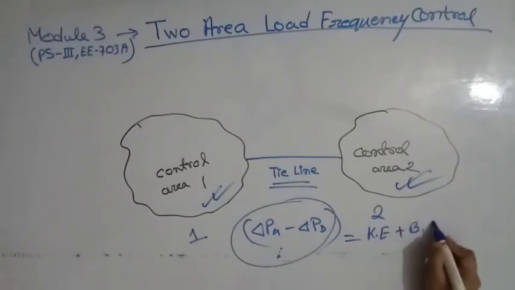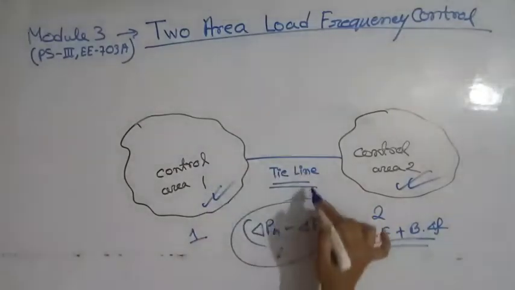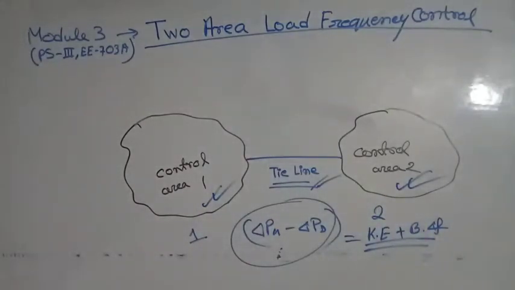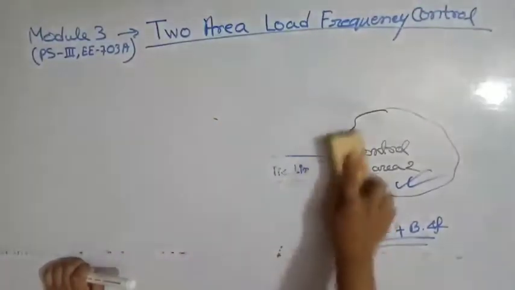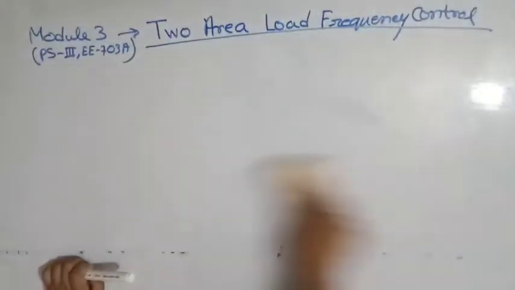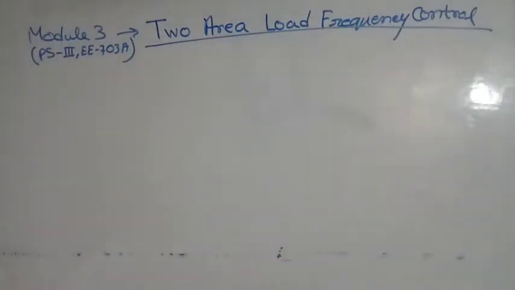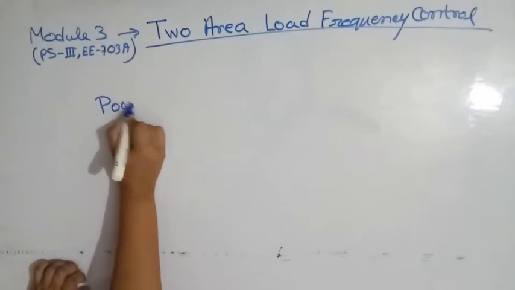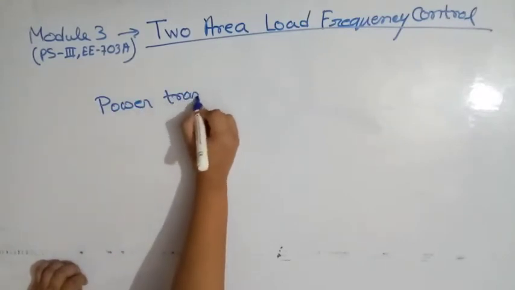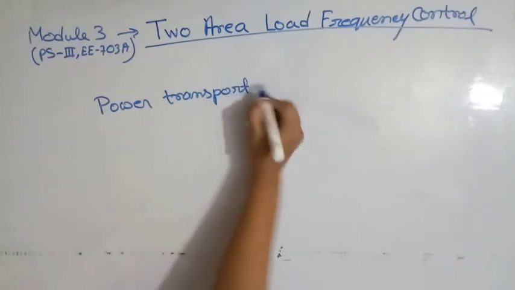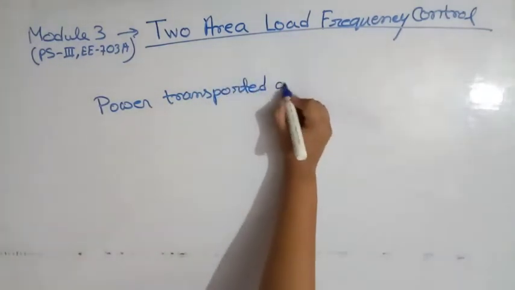But when a tie line is present in the two-area case, since a tie line transports power in or out of an area, this fact must be accounted for in the incremental power balance equation, and the power transported out of area 1